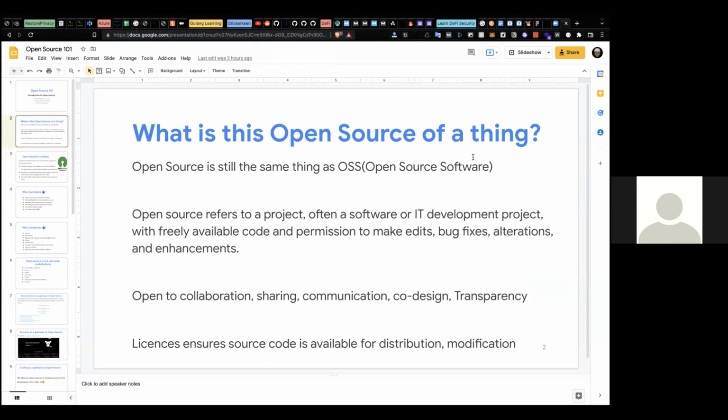So, what is open source? Open source is still the same thing as open source software, which is shortened into the acronym OSS. So when you see OSS, it's still the same thing as open source software, which is also the same thing as open source. Are you with me? So now, open source refers to a project,